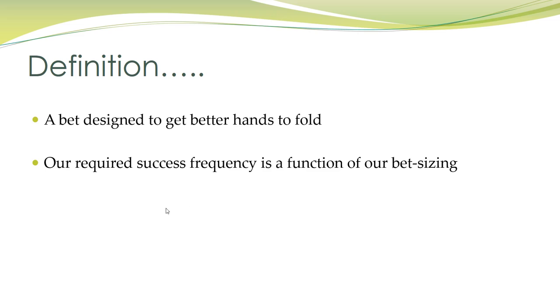Probably the first sentence there makes inherent sense. We probably don't have the best hand. We want to get better hands that our opponent might have to fold. The second part, required success frequency, is a function of our bet sizing. What that essentially means when translated is the larger our bluff sizing, the more often it needs to work to